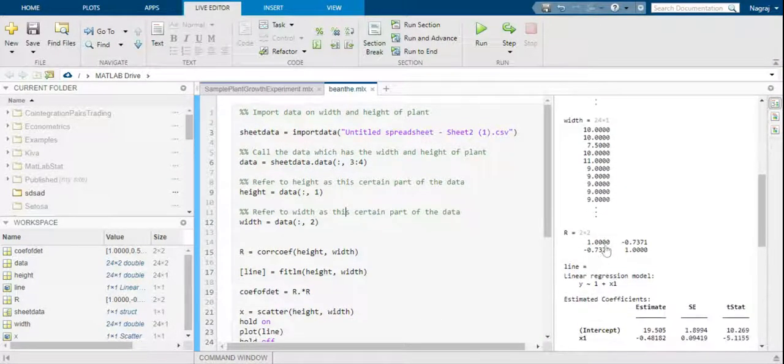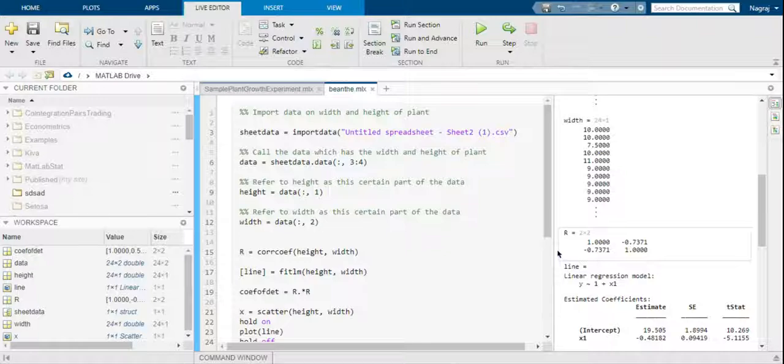Next, I took the correlation coefficient of height and width. So all that says is if it's closer to 1 or -1, the two variables have more correlation between them, and height and width explain bean size. I will include the links to the descriptions in my description to understand what correlation coefficient means. But all you need to know for now is that if it's closer to -1 or 1, it's better than